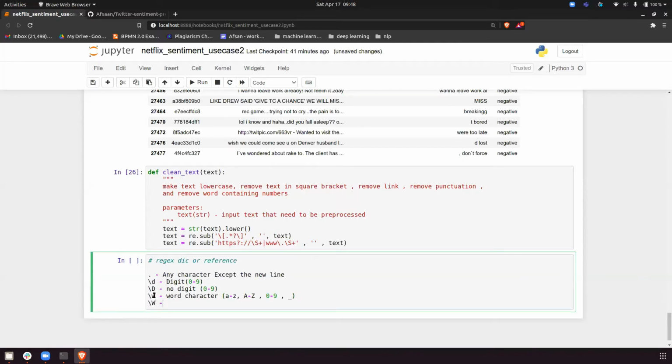Small means word character, so capital W means not a word character. Try to remember it this way: anything you see with a capital is not of that particular thing. For example, if small d is a digit, capital D is not a digit. Small w is a word character, so capital W will be not a word character.